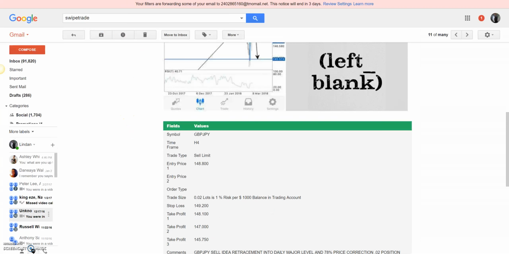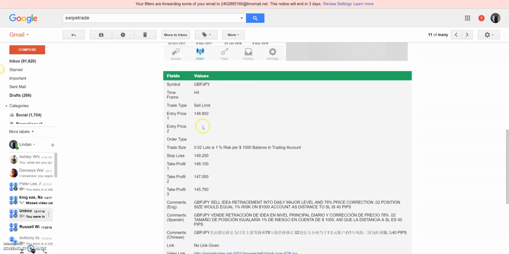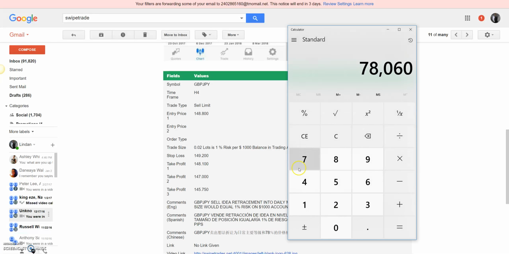All right. Let me show you what it looks like if you're on a JPY pair. Some people get confused here because there's not 5 numbers after the decimal. You would literally do the exact same thing, except this time it's a sell. So that means to get your take profit of 10 pips, you would take this entry point and subtract 110. All right, so 800 subtract 110. You have 690. So your take profit would be